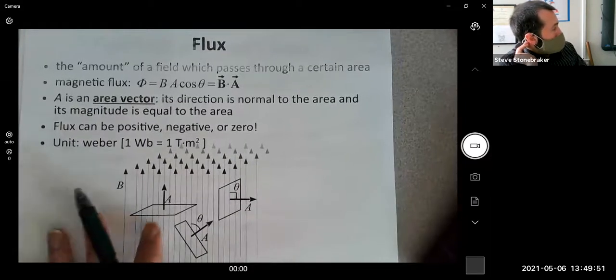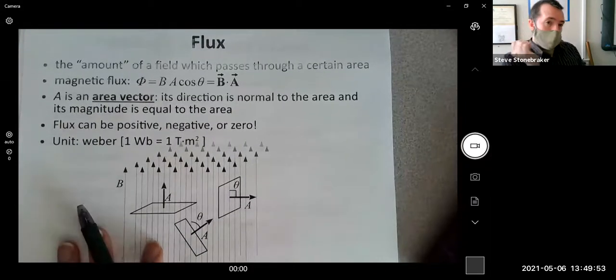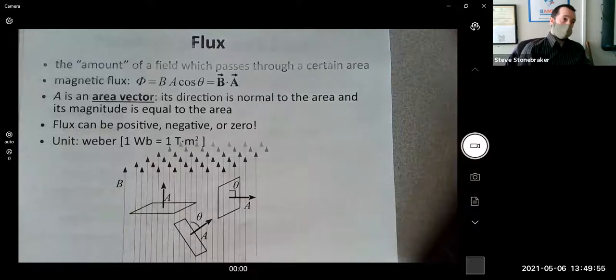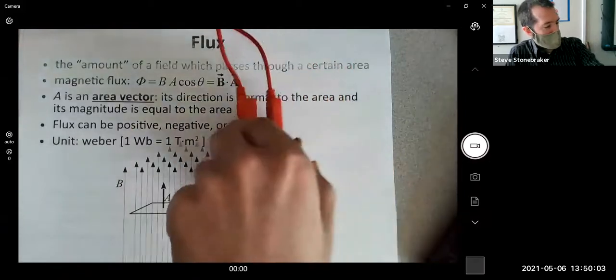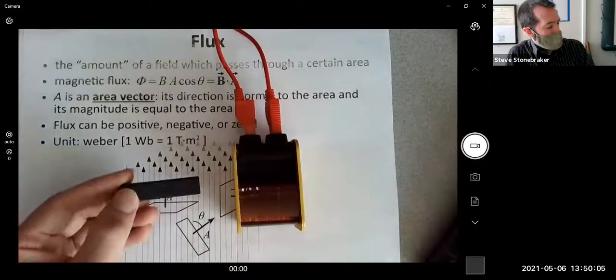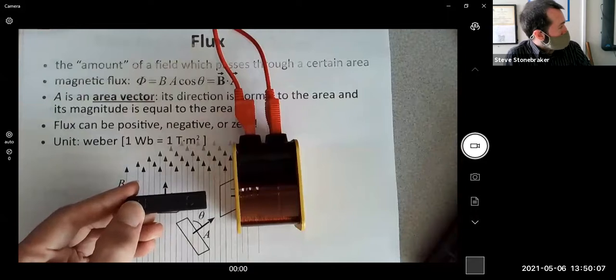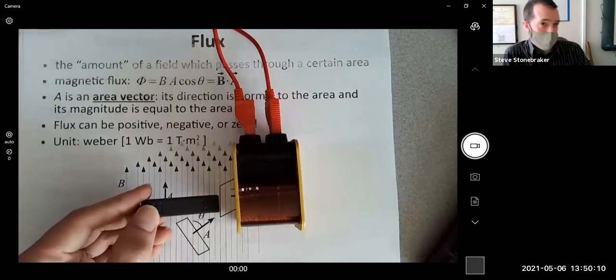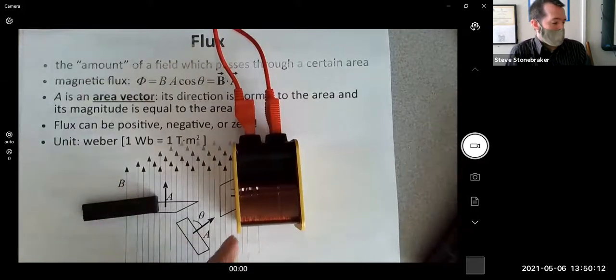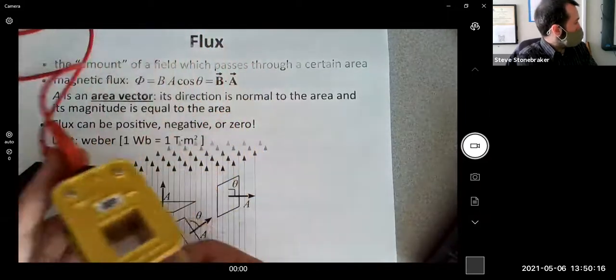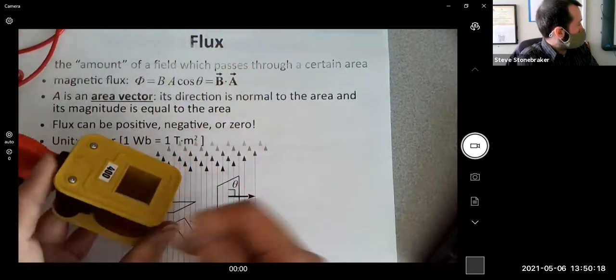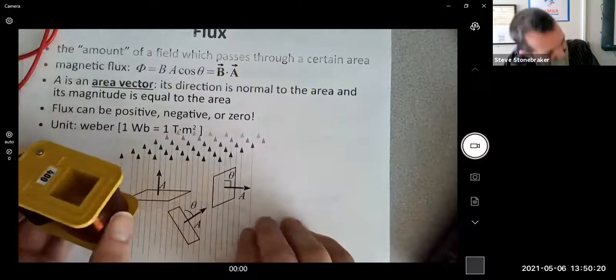So the way that this idea is connected to what I was just showing you about creating electrical currents is that if I bring my coil back into view, anytime I move this magnet in or out of the coil, I'm going to be changing the amount of flux through the coil. So if you think of this square hole here,